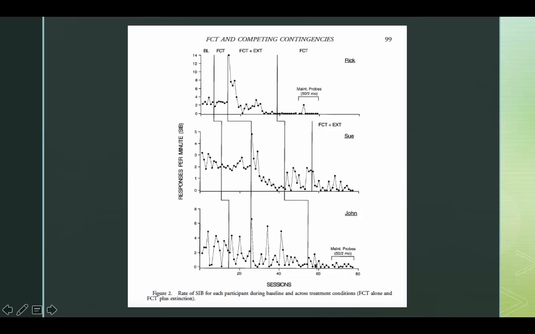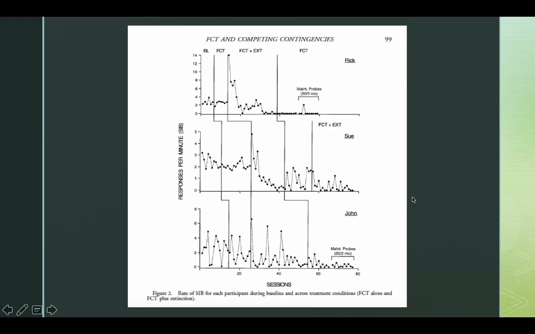It took a little longer. John is just a little slower getting this, but this is much different than what we had back here. So we found the same thing with John. That is, we didn't need the extinction to go on forever. Sue, on the other hand, unfortunately, once we got rid of extinction, she went back to using the SIB in order to get access to her favorite games, like she did before. Now, not quite as high, but too high, and certainly higher than what is acceptable given the fact this is SIB. So for Sue, they did have to put functional communication training and extinction back in place